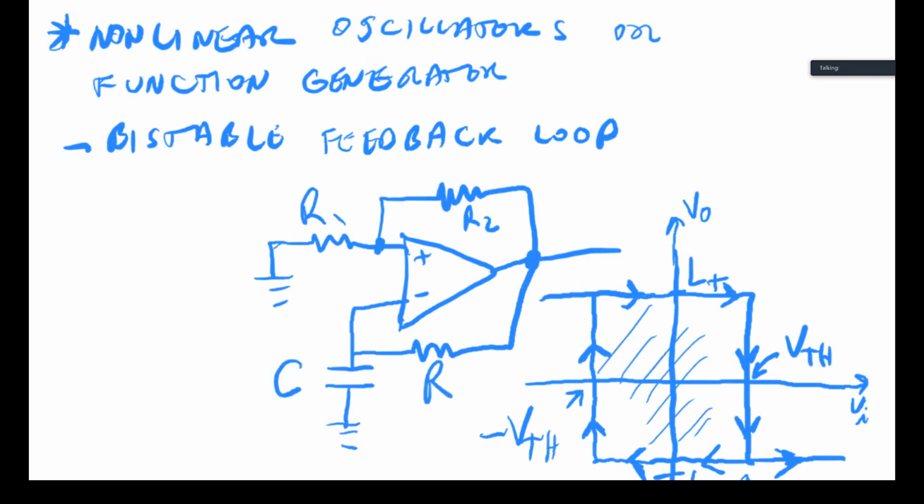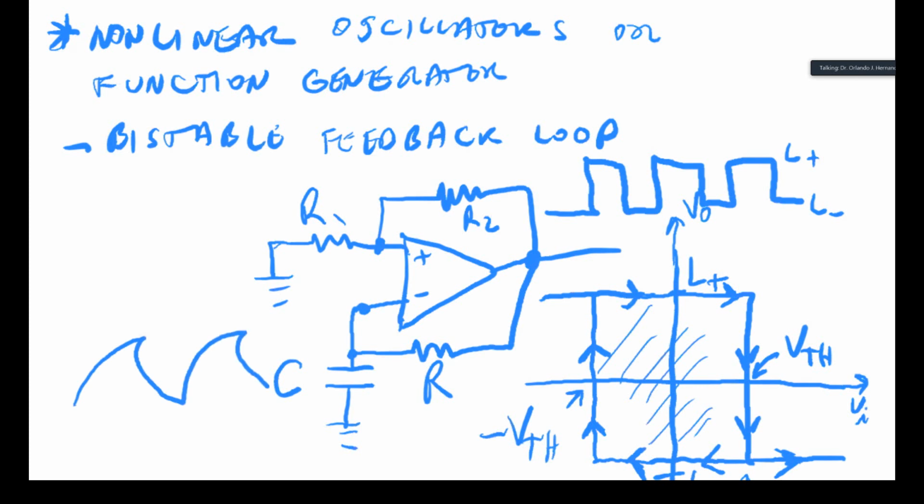And what we will see at this output is this type of hysteresis loop. So we're going to see this at the output, where this is going to be L plus, and this is going to be L minus over here. And then at this point here, we're going to get basically an RC type delay waveform of that square wave. So it's going to be something like that kind of a thing,